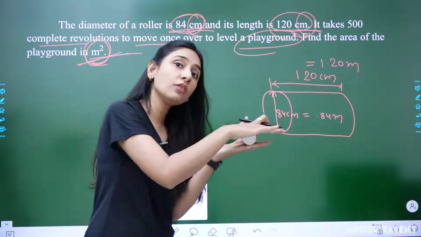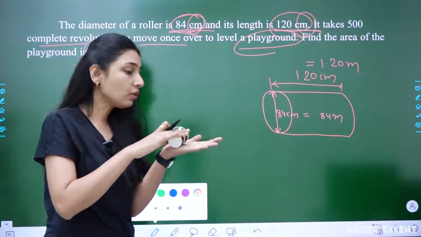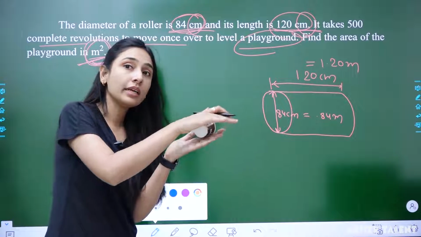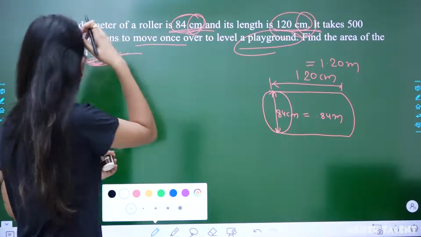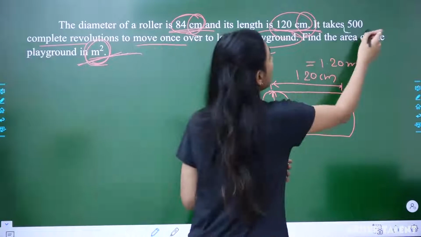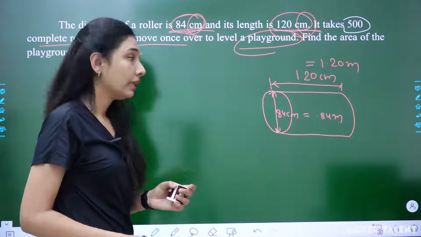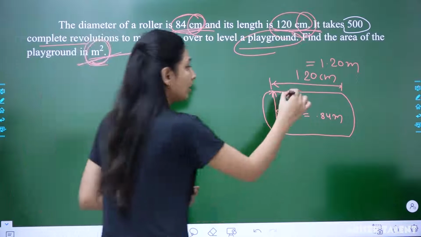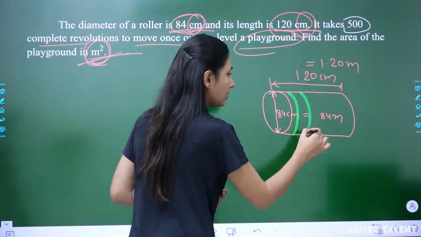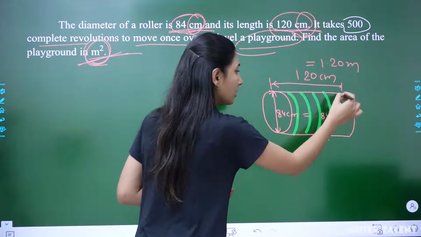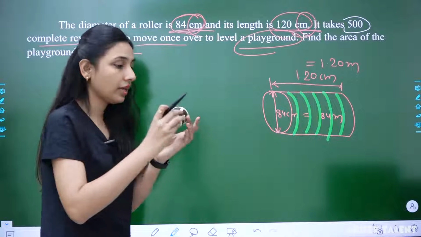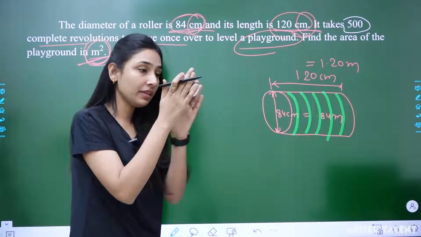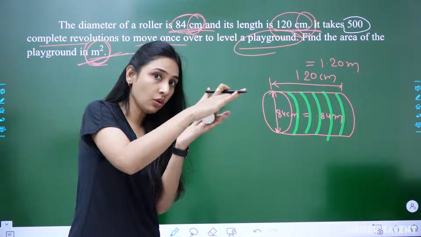The total area of the ground equals how far it will roll. It is rolling for 500 complete revolutions. Now the curved surface area, this complete area,